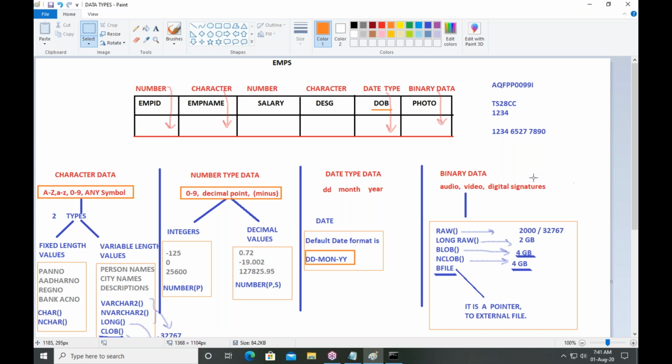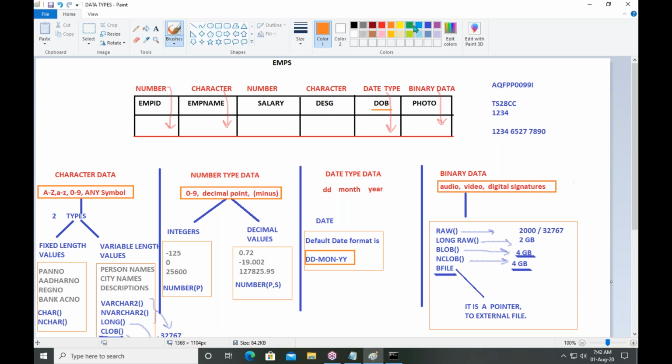For a happy feeling, one symbol. Default symbols are provided in WhatsApp and in Facebook or Twitter. Default emojis they are providing. Just select an emoji, and automatically the receiver will understand what your feeling is. So what are all these things? The symbols, images, audios, videos, digital signatures, all these values are coming into which category? Binary data category. To store binary data, what are the data types we have?